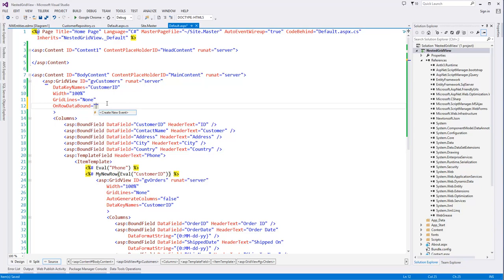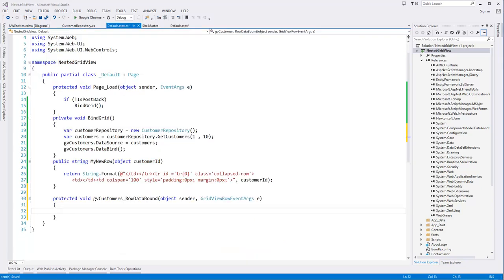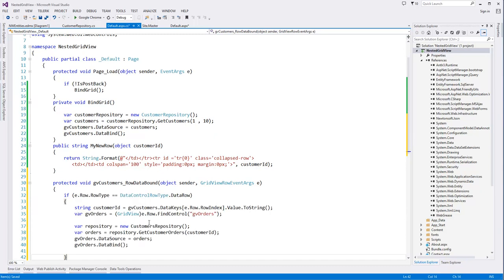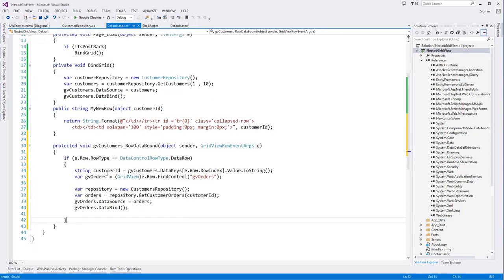So in the on row data bound, what I have to do is, if that row is a data row, I will take the data key from the grid view, then I will query